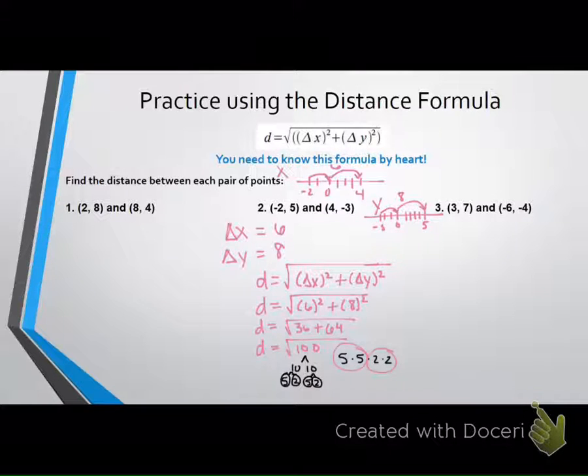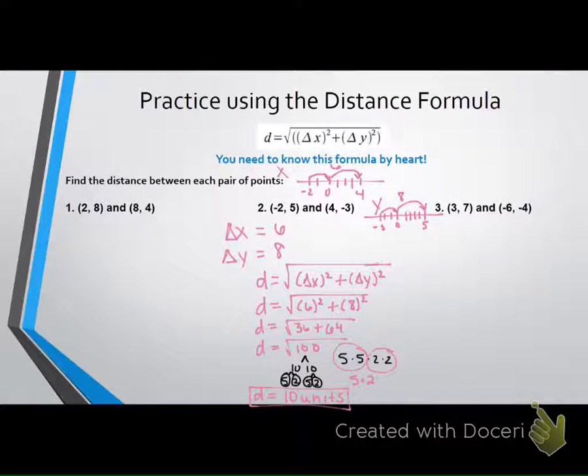everything's circled. What does that mean? What is my answer if everything's circled? Yeah, Olivia, right? Is it Olivia? What is it? It's a perfect square. Everything's circled. So should we have a radical in our answer anymore? No. We just multiply 5 times 2 together, which is 10 units. Okay, so I would like you guys to